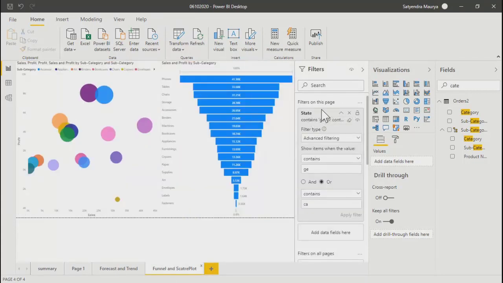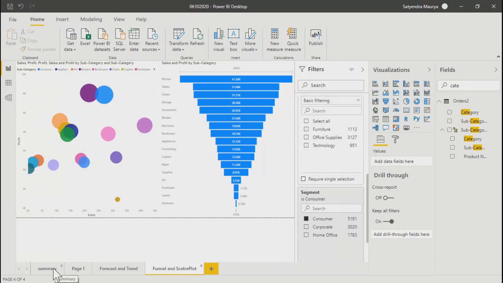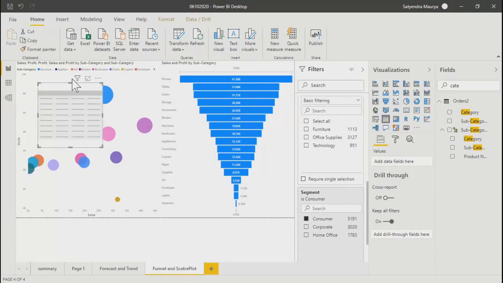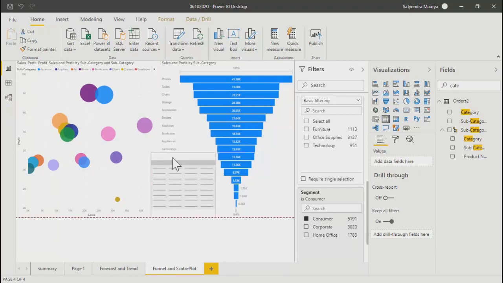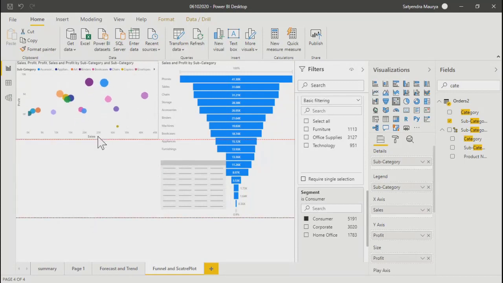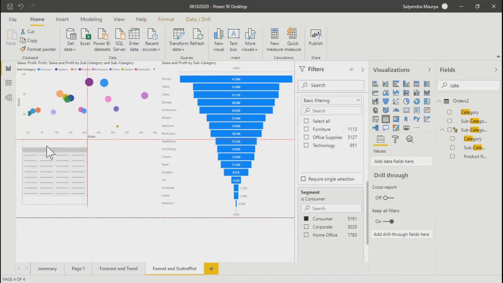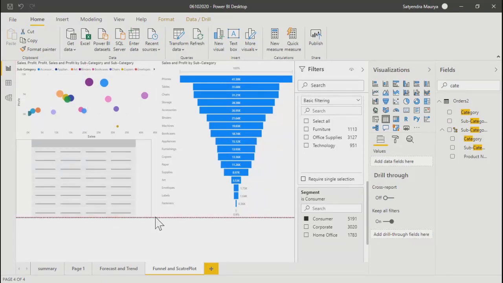If I put this filter on all the pages, then definitely it will work. Let's do one thing. I'll add one more control over here, and I will add state names.